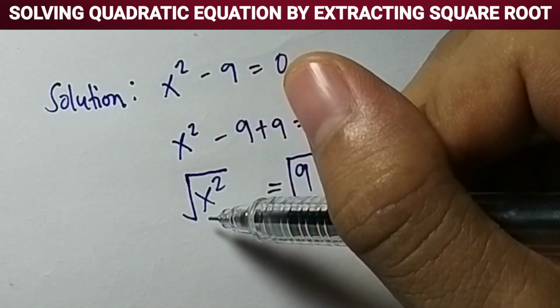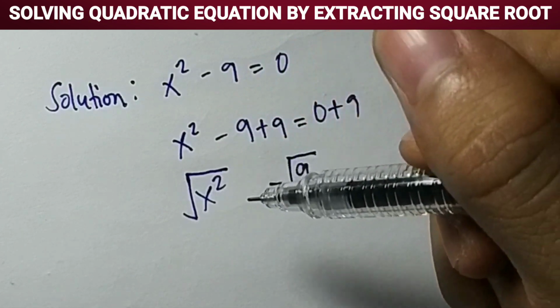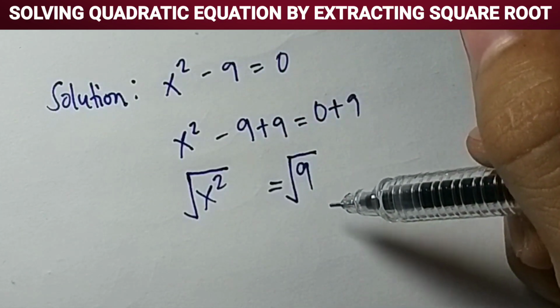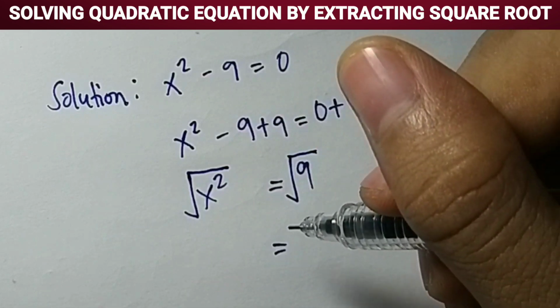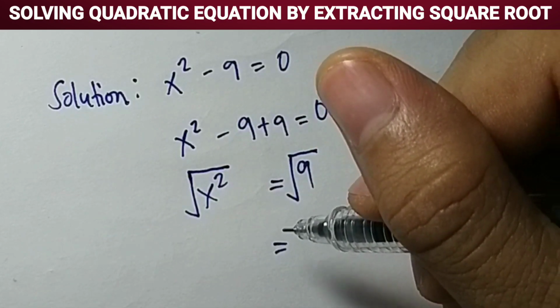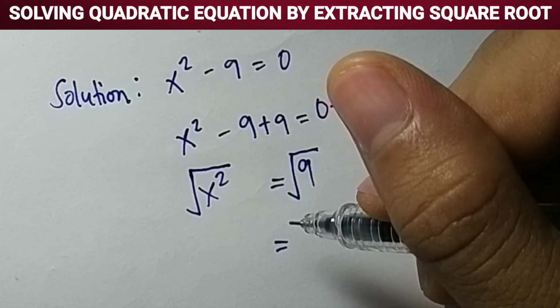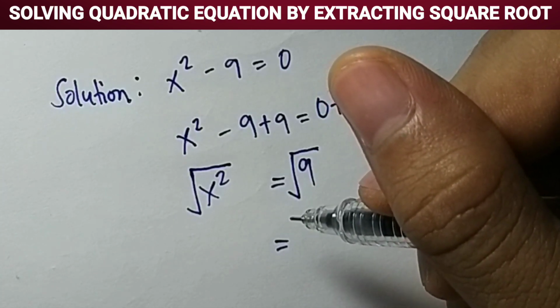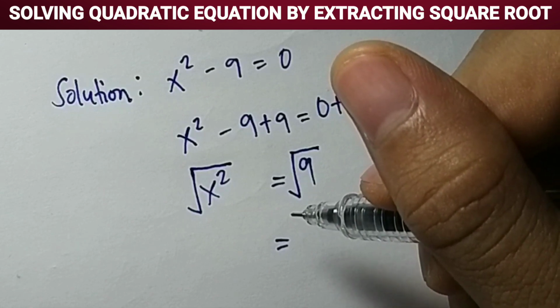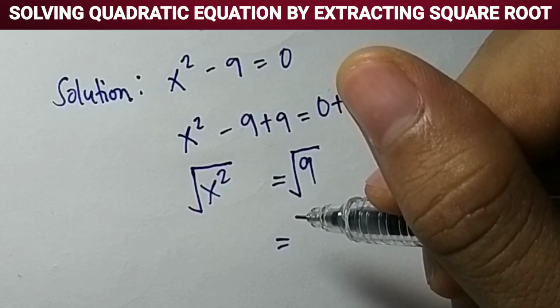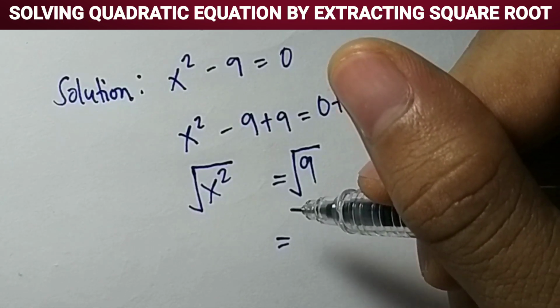So unsay square root sa x squared? Diri pod unsay square root sa 9? Di ba kay ang pagkuha sa square root mangita tag number nga atong i-multiply og kaduha sa iyang kaugalingon. So kung unsa to nga number nga atong gi-multiply sa iyang kaugalingon og kaduha, mao to ang square root